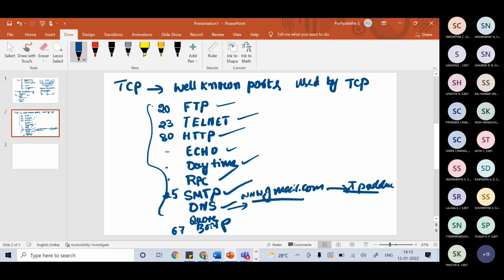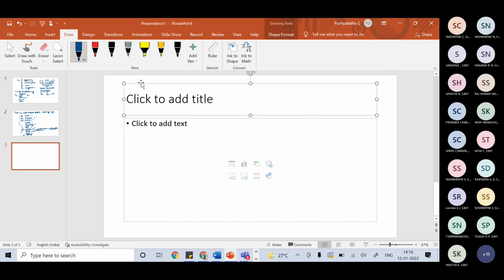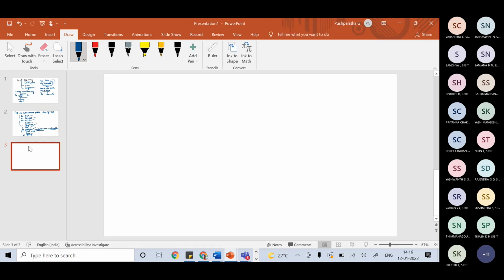Okay, let me continue because I'm not getting any response from your end. As I was telling, in case of a TCP connection, TCP is what? It's connection oriented, correct?